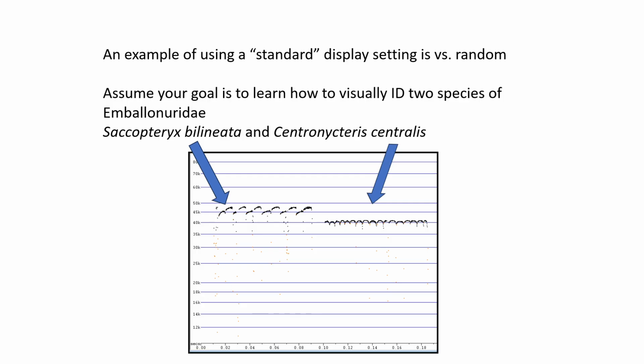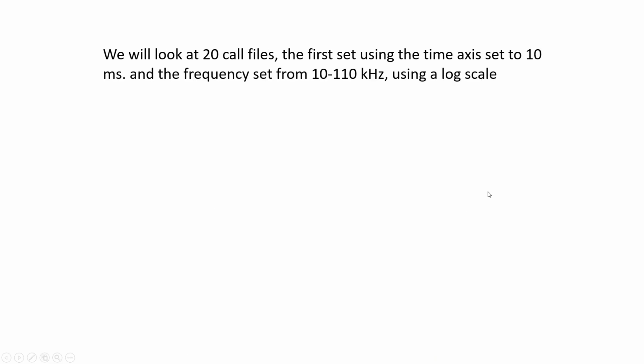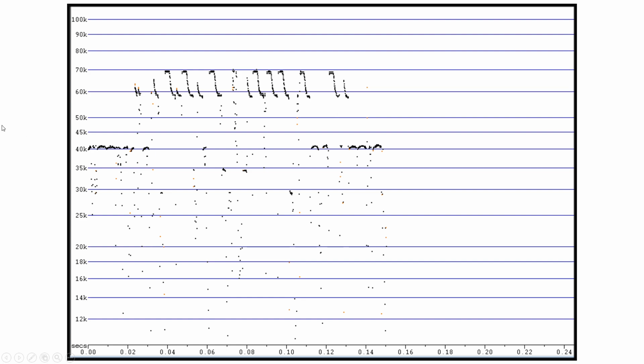So here's an example using the standard display settings versus random. Assume your goal is to learn how to visually identify two species of emballonurids, our old friend Saccopteryx, and let's try Centronycteris centralis. They both have similar emballonurid call shapes, but the call shape patterns are quite different. So we'll look at 20 calls. The first set are using the recommended x-axis set to 10 milliseconds and the frequency 10 to 110 using a log scale. The first call, and you see there's Centronycteris,